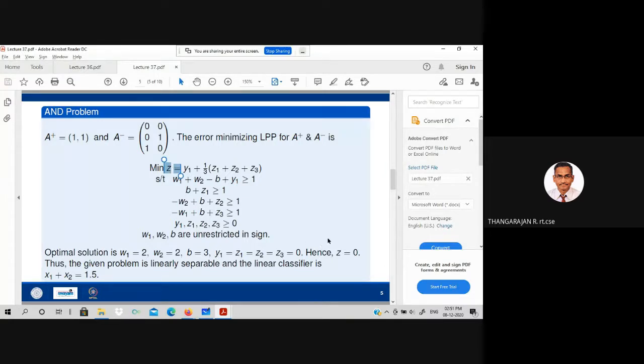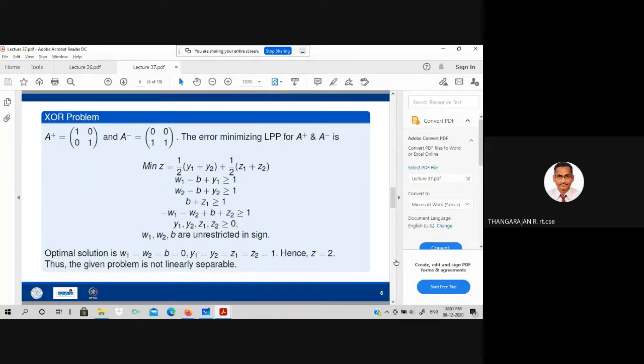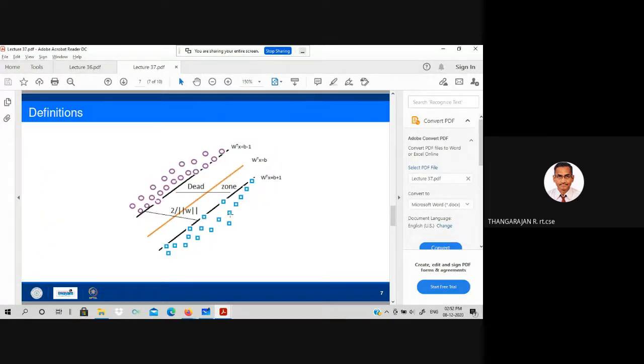So here you see that you get a value of 2, which says that this problem cannot be solved. Why? Because it is not linearly separable, right? So this is how we are trying to cast it, and this is the definition of how our